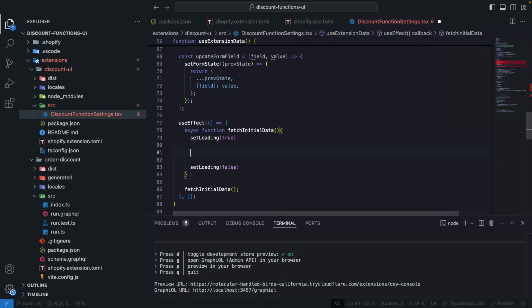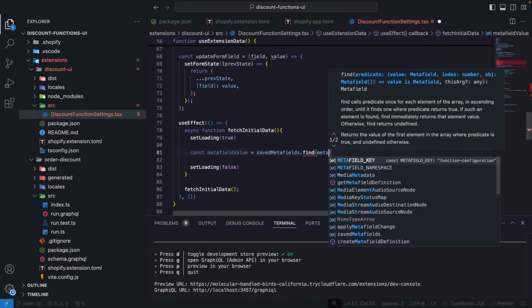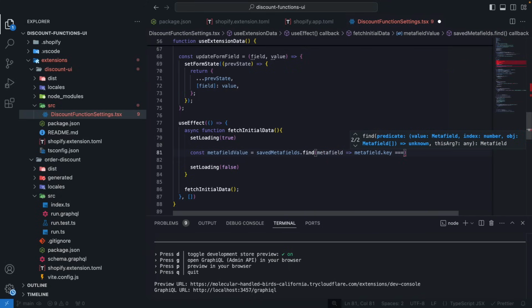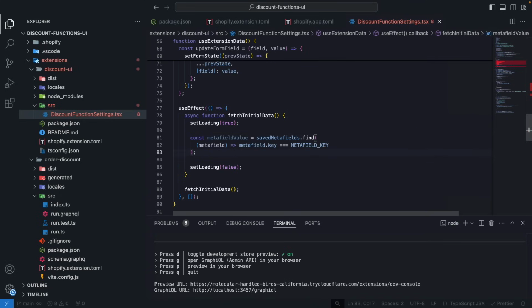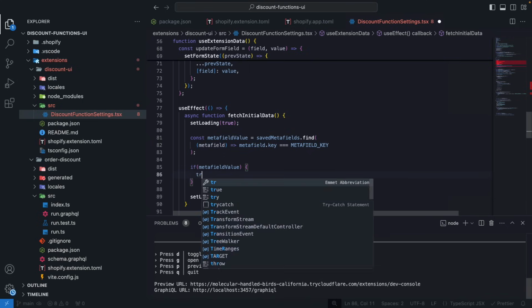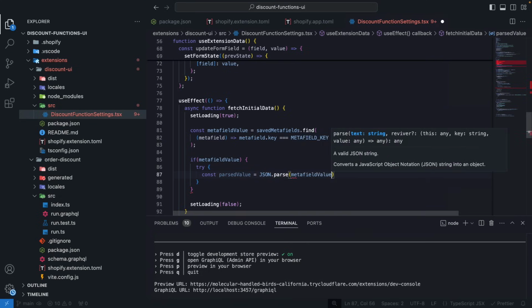And then in this section over here, we are going to fetch the actual data. So let's start by doing const meta field value. This will be equal to saved meta fields dot find. We're going to do meta field. We're going to get the meta field key, and if the meta field key is equal to the meta field key constant, then we got the value. Then if meta field value, we're going to try to parse this. So parse value will be equal to JSON.parse meta field value,